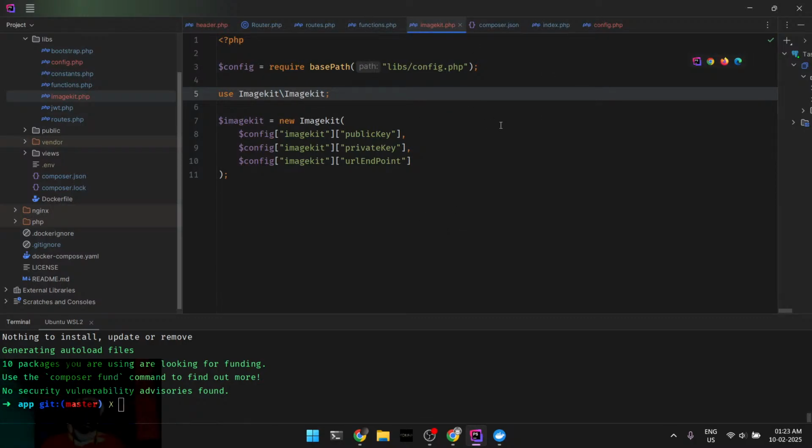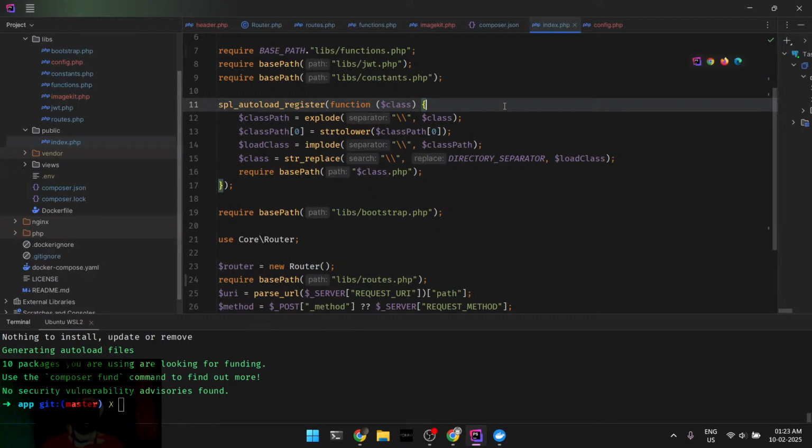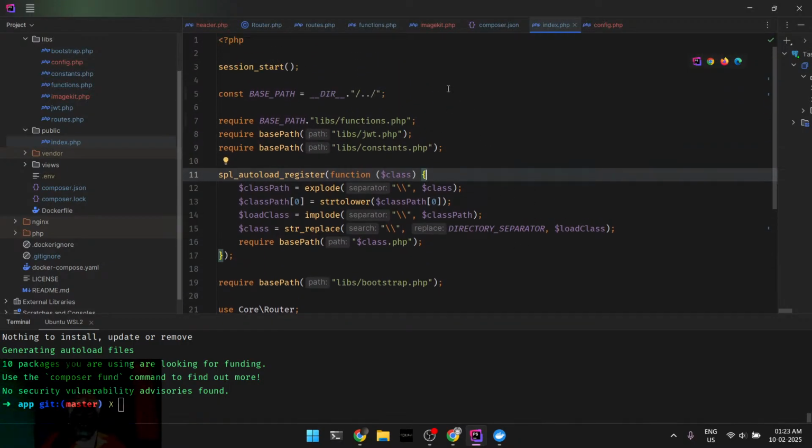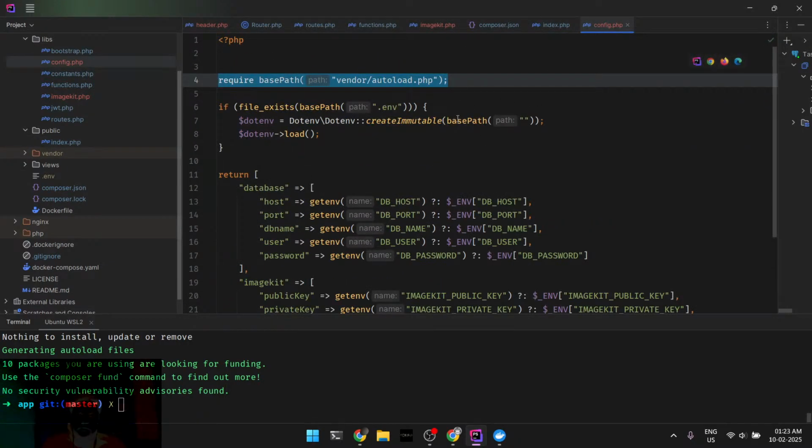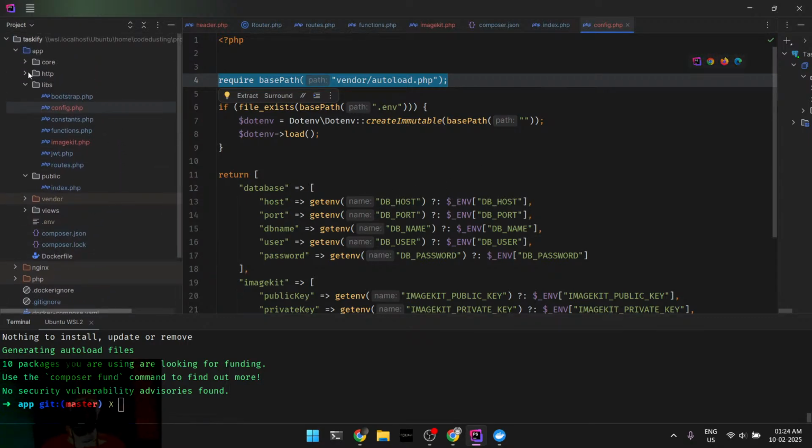That SPL, kind of like config. I had this. Okay, the config will be,